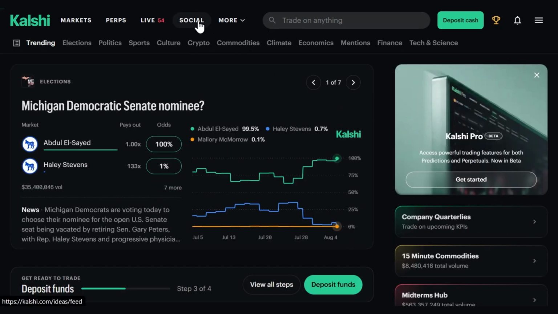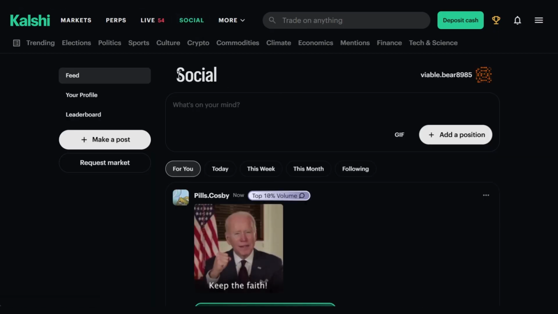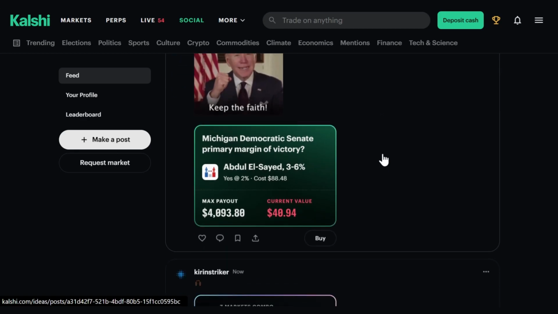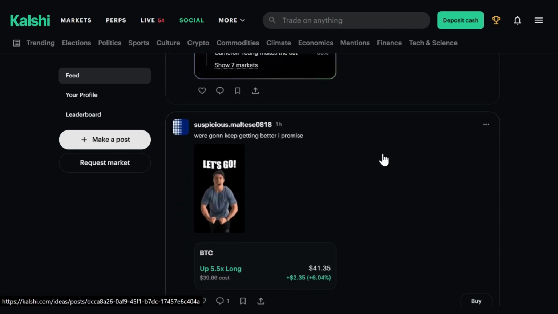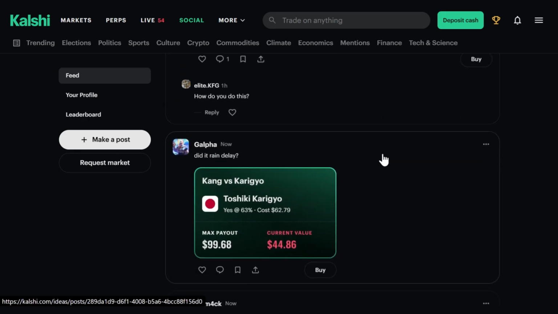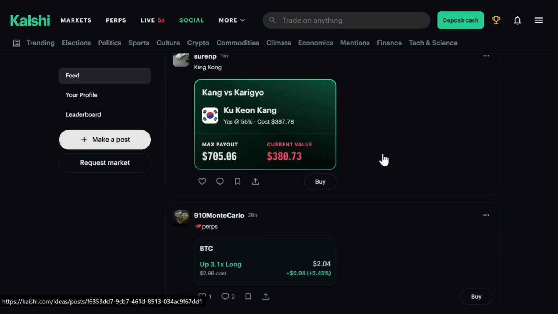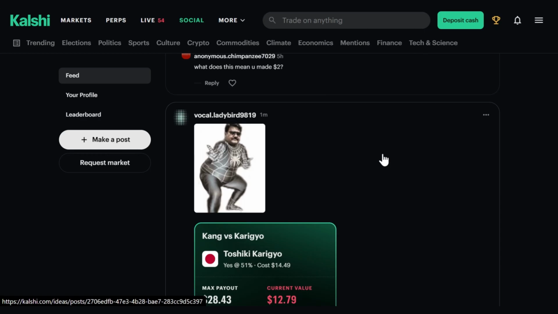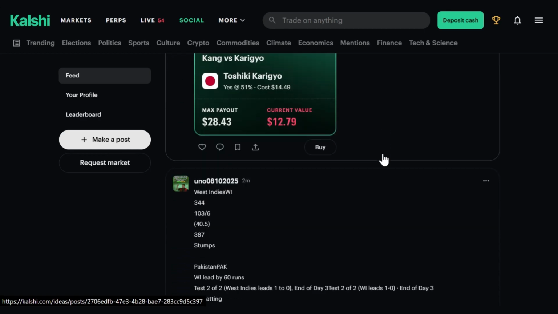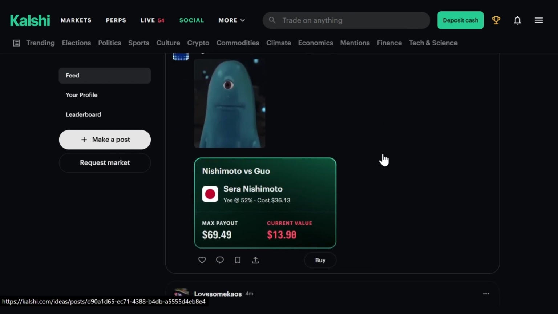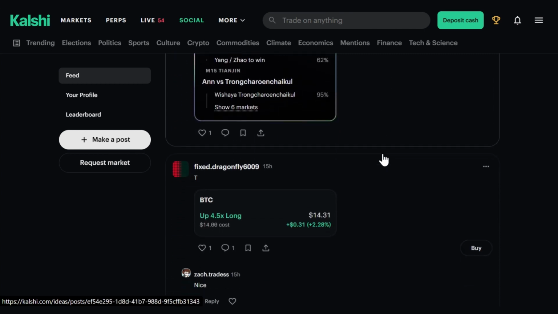Now, Kalshi's also got a social side to it, which I think is pretty underrated. There's a whole section where you can actually post your trades and see what other people are trading and what their opinions are on where a market's headed. So it's kind of like a built-in community feed. You can scroll through, see somebody's take on why they think a certain outcome's going to hit, agree or disagree with it, and honestly, it's a good way to pick up on things you might not have thought about yourself